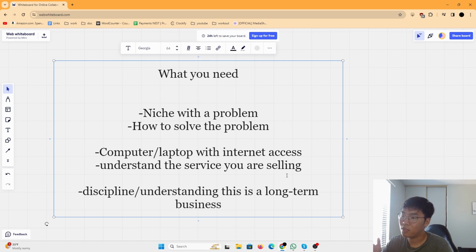Set a time and just dedicate yourself to working as hard as you possibly can on the outreach, and then understand that this is a long-term business. This isn't short-term. This isn't a get rich quick type of thing. Think multiple years. You're in this for the long run. This is what you're going to be doing for years. It removes the emotion from the business, and I think that's something you should do: remove emotion from all of the processes.